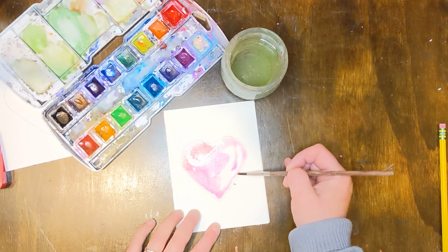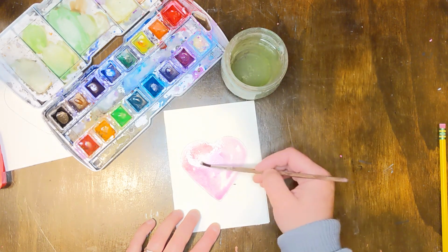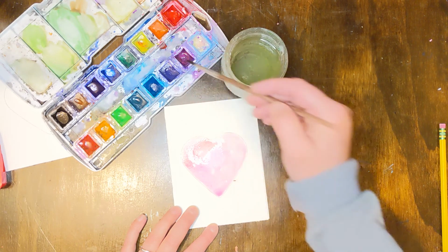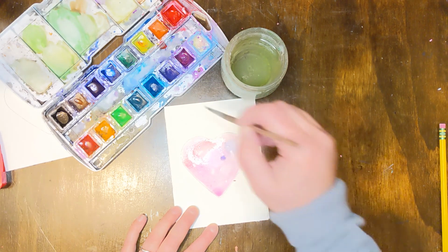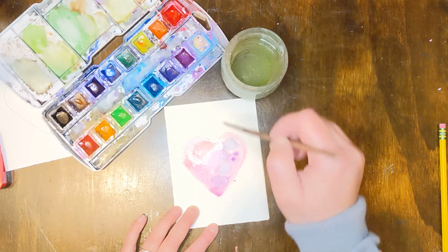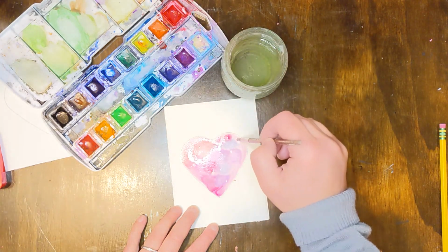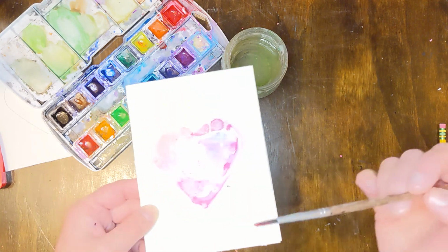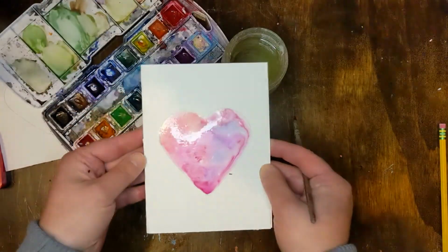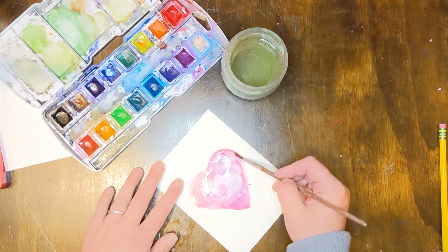So now I have a little pigment on there. It's a little easier to see what I'm doing. I'm trying to keep all the edges a little wet. And then the fun part is get some paint and you get to tap it in and watch it expand, and it's a little unpredictable, which makes it a little fun. So you can tap as much as you want and let these colors blend. I'm obviously choosing some valentine-y colors. Oh, my light is struggling. Okay, I'm going to let this one dry